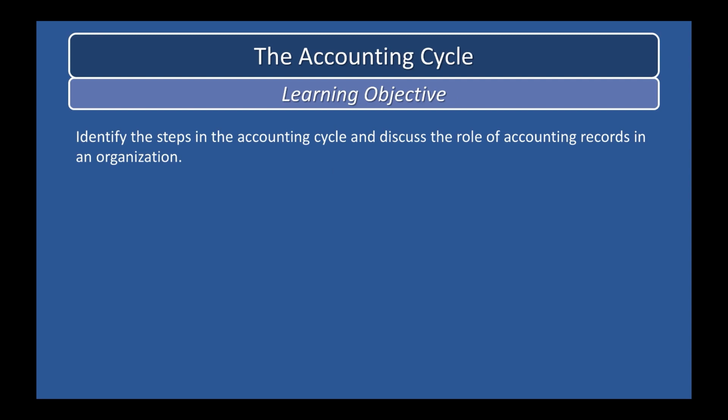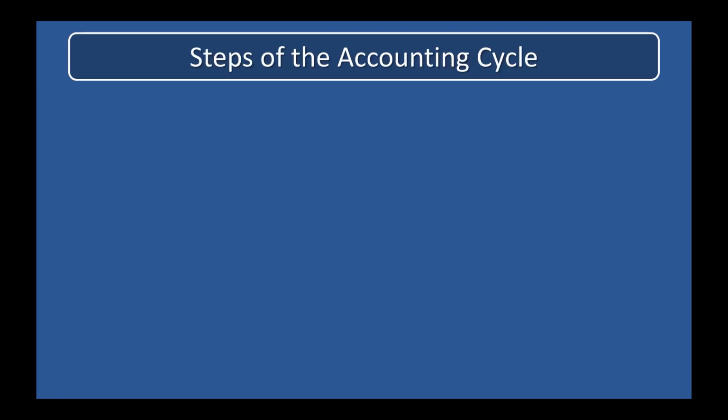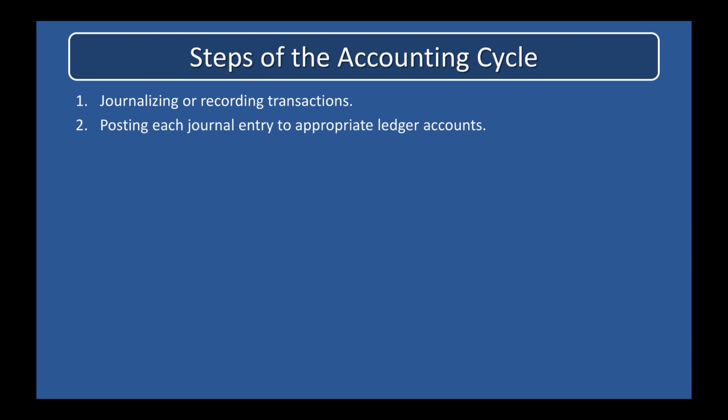The accounting cycle. This segment's learning objective is to identify the steps in the accounting cycle and discuss the role of accounting records in an organization. The accounting cycle generally consists of 8 specific steps: journalizing or recording transactions, posting each journal entry to the appropriate